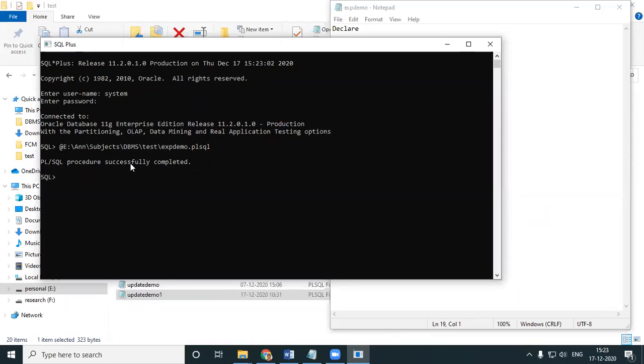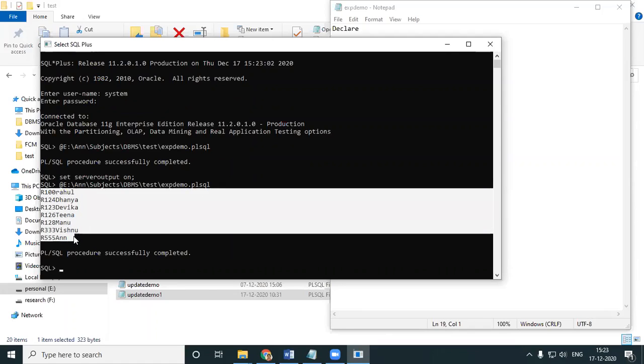SQL successfully completed. I didn't give a set serveroutput. Anyway, it is error free. I'll run it once again. Okay, I got everything: Rahul, Dhanya, Devika, Tina, Manu, Vishnu, and I am able to get multiple rows.